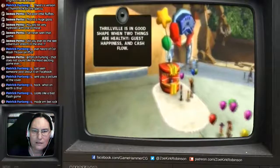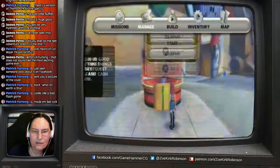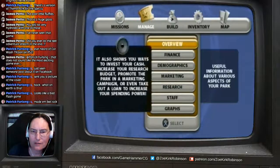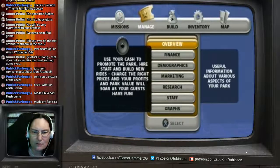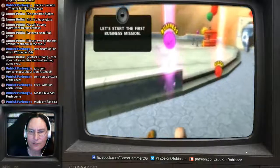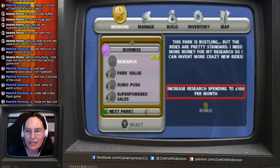Thrillville is in good shape when two things are healthy: guest happiness and cash flow. Managing the big picture is easier if you keep an eye on your park. It also shows you ways to invest your cash. Use your cash to promote the park. Keep checking back in your management. Stop talking, you horrible... Let's start the tutorial, the first business mission. I don't want to start a business mission. I want to leave and play on the...